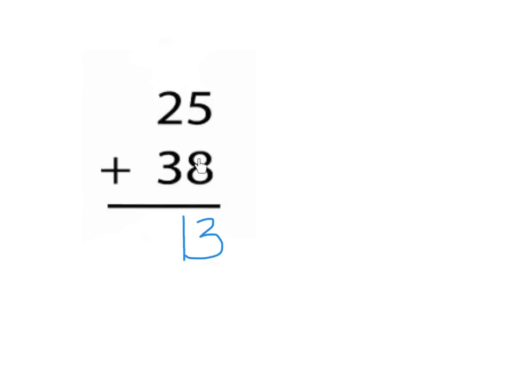One number. 13 has 2 digits. That's not going to work. So in this case, when I add 5 plus 8, and I know that equals 13,